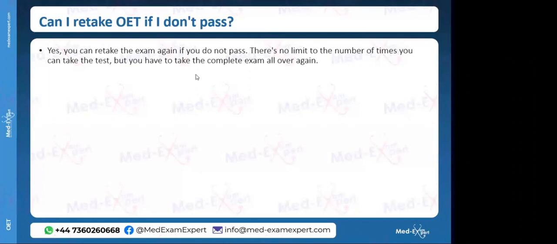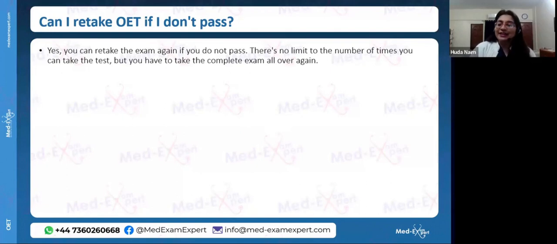Okay, thank you. And how many letters in the writing portion should be assessed ideally in order to achieve more than 350 grade? Okay. Now, again, that would depend on your English language, right? If you're a good writer, then maybe 10 or 15 letters would be enough. But if you think your vocabulary is not that good, or you need more time in order to understand the text, and you have to reciprocate in the form of a letter, and that would take more skill and more time, then you would have to write more letters. So at least somewhere between 25 to 35 letters would be good enough to be on the safe side.